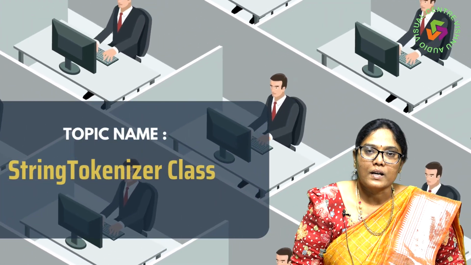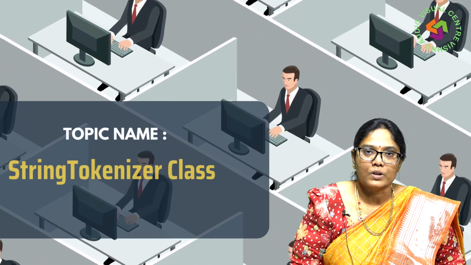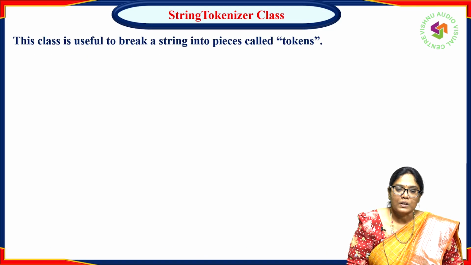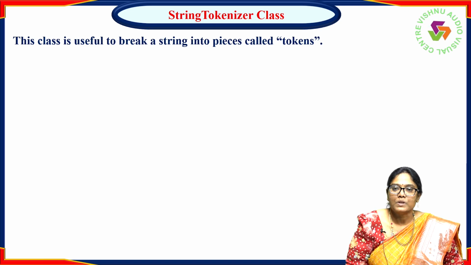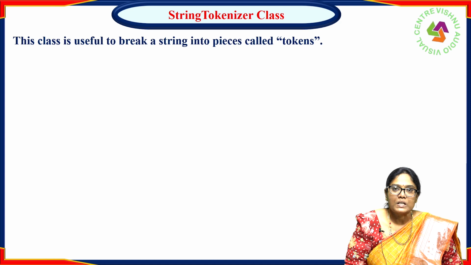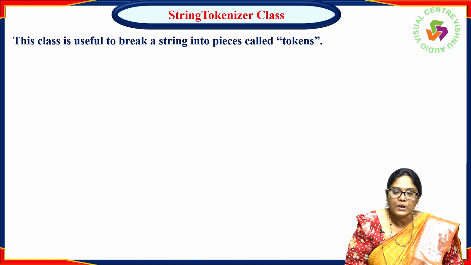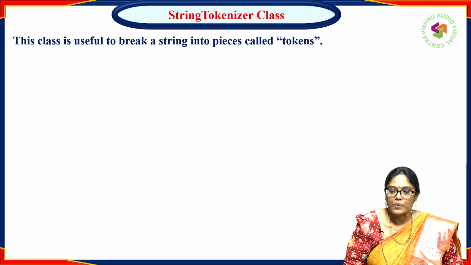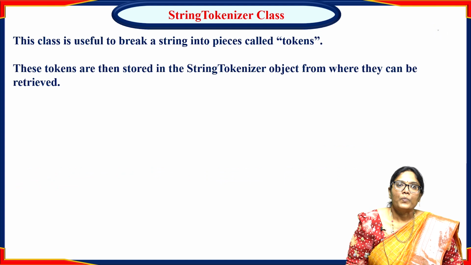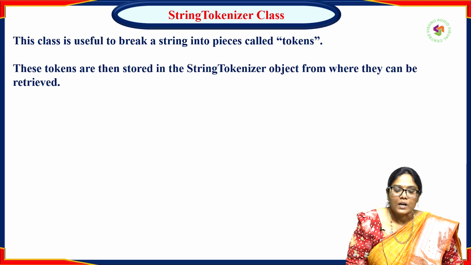First let me understand what a String Tokenizer is and what it does. String Tokenizer is useful to break the given string into pieces. If you want to break a given string into small pieces, then we have to use the StringTokenizer class, and each piece is called a token. These tokens are all accumulated into the StringTokenizer object,